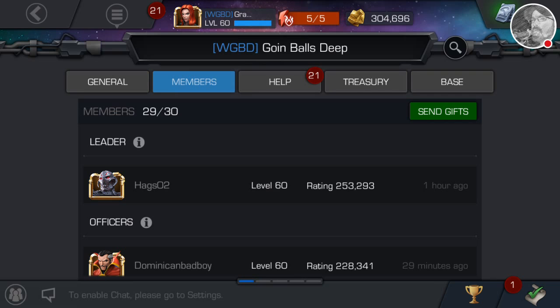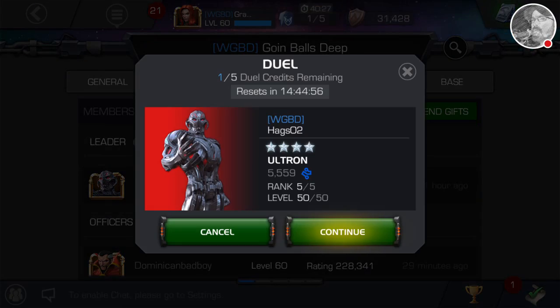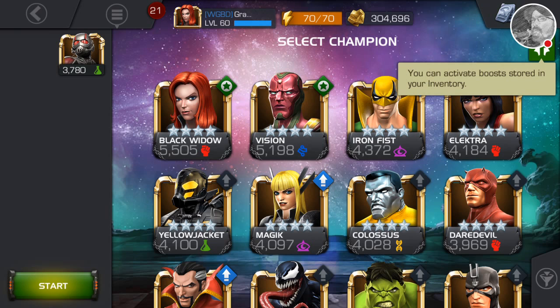By the way, if you have not yet watched my video on how to fight a stun immune champion, then I suggest you do that, because the boss is immune to stun in Alliance War. So I typically use the same strategy fighting Ultron or anybody else on that boss node as I demonstrate in that previous video. Right now I'm going to duel Hags. He is the leader of our alliance,